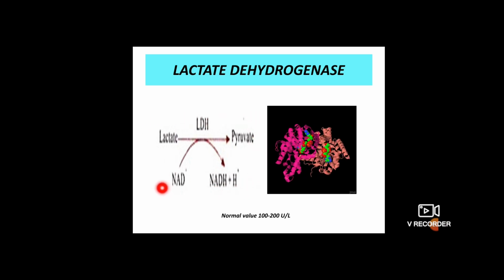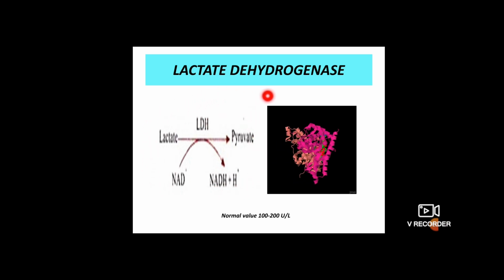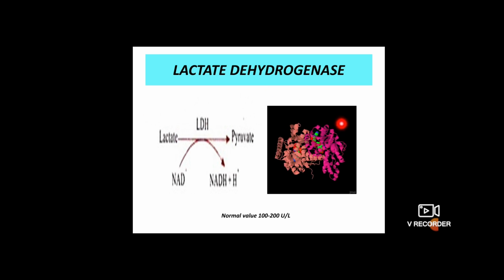We should know the details about lactate dehydrogenase activity. It's a three-dimensional view of lactate dehydrogenase. You can see the pink color and the light shade of this, and then the molecules. This is nothing but the blue color, the green color is the lactate, and this coiled structure is the enzyme. So the enzyme will hold your substrate and convert it into a product. That's why it's shown here, to give a representation of how lactate dehydrogenase looks.